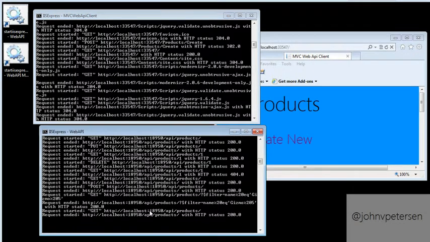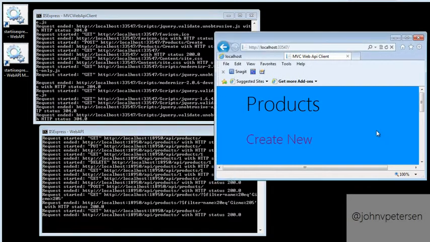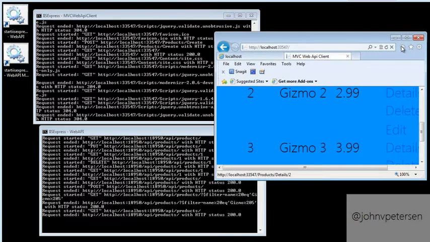Down here, though, what happened? Well, let's find it. Here's our post. So this got the post, and then that ended with a 200, and then we ended up doing a get, because you see, where am I back to? I'm back to my index page.